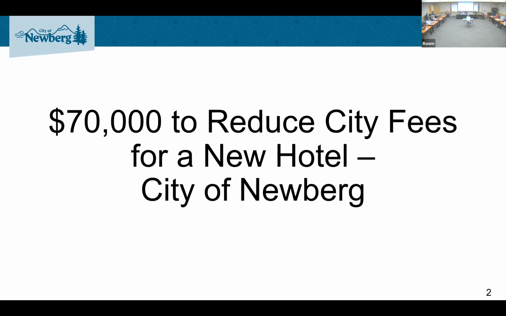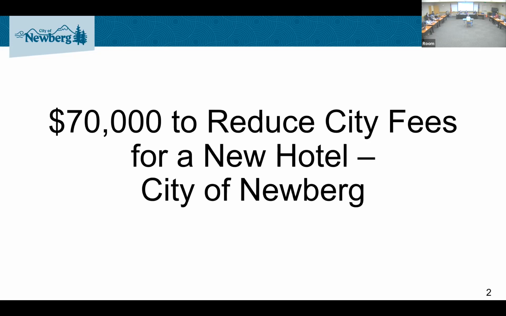There's another component of this that was not ready at the time this material was put together, but we're also looking at using some funds out of what we call Fund 14, our Economic Development Fund, to help assist with the cost of the SDCs that then would get paid back through the transient lodging tax.